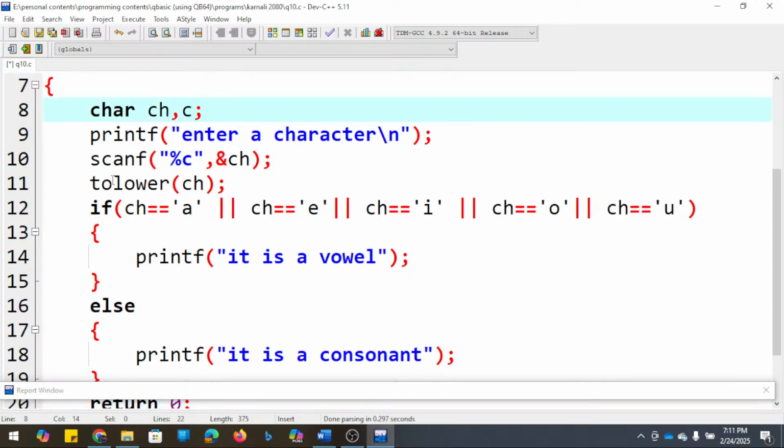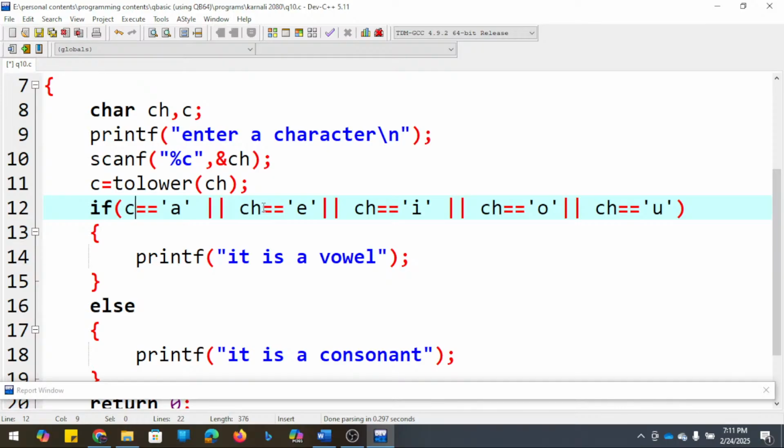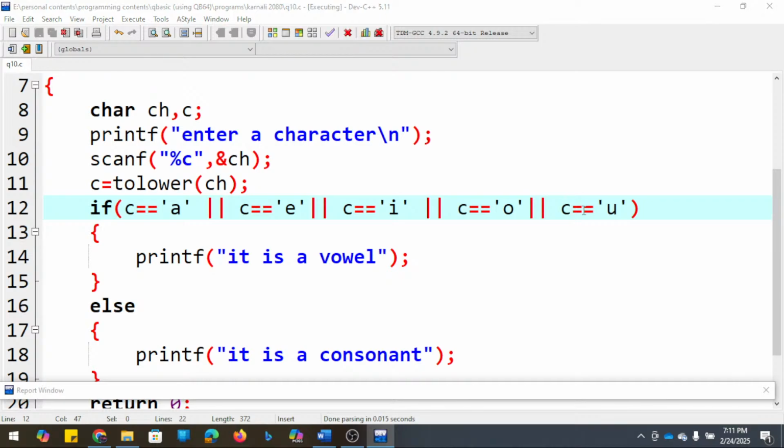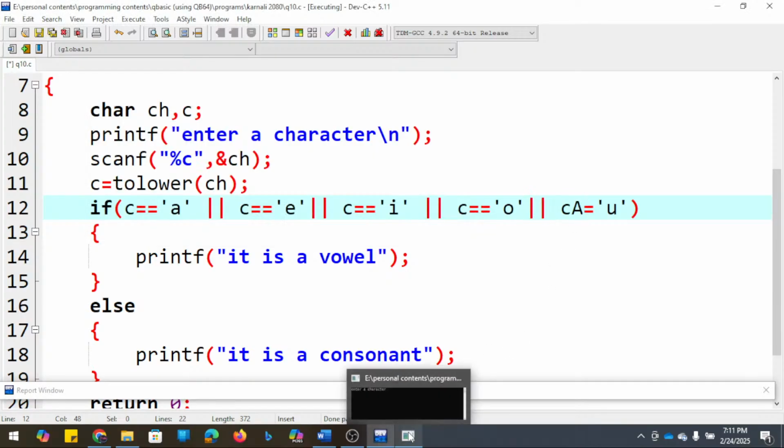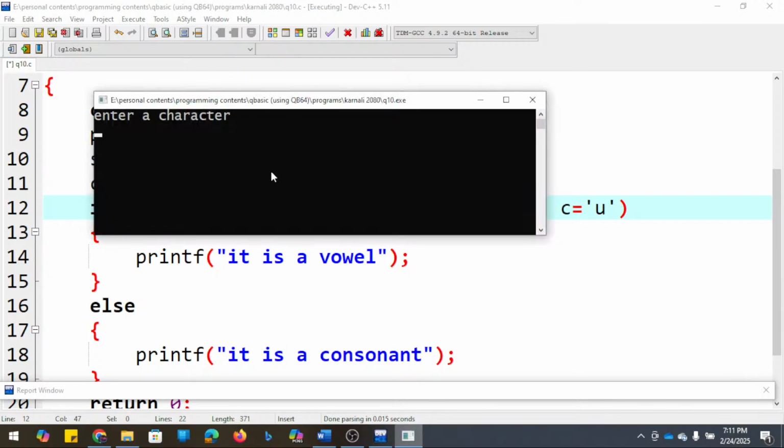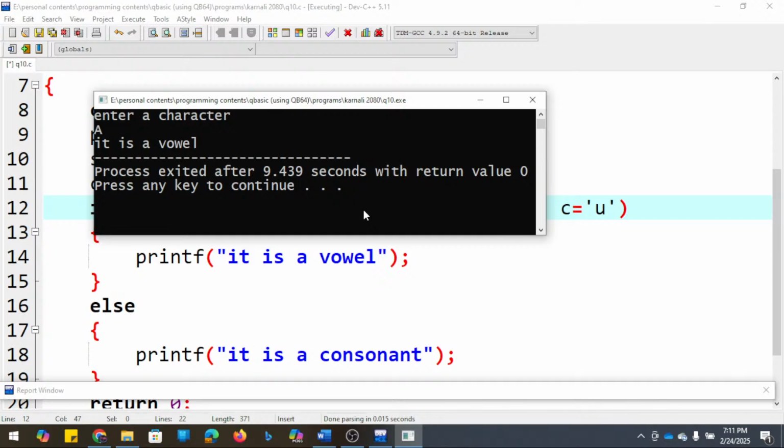Let's check it. Another variable here, so C equals C. It's a vowel.